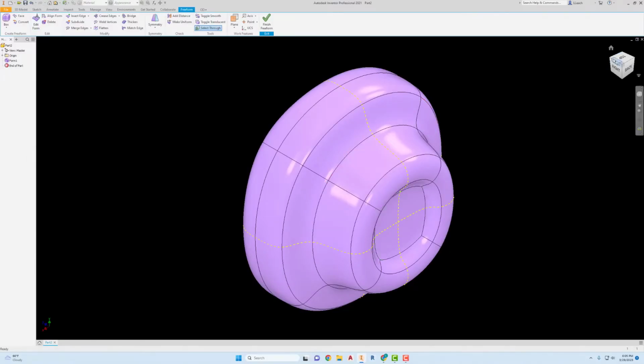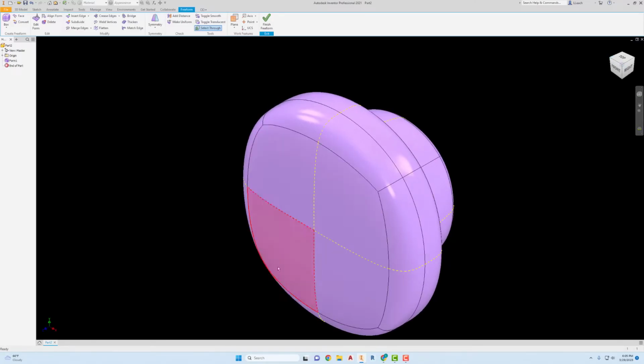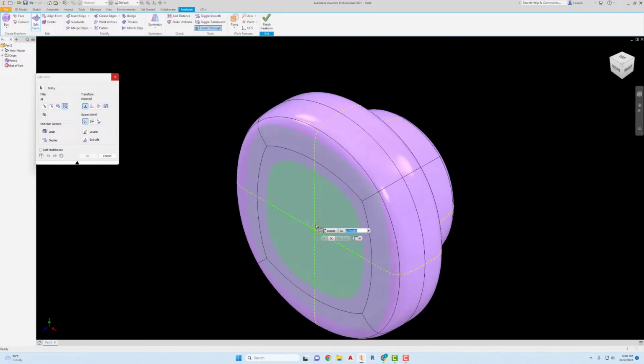Then I'm going to flip to the other side with the view cube. Kind of do something similar here. This is going to be the earpiece where somebody's ear goes. So again, I'm going to hold down the Shift key while I select all 4 of these faces. Click on Edit Form. I'm going to hold down the Alt key as I click on the little ball shape and drag this in